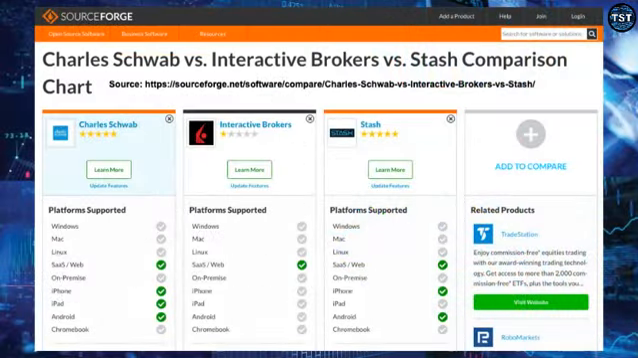And finally, a useful website for comparing brokers is SourceForge, which can be found at